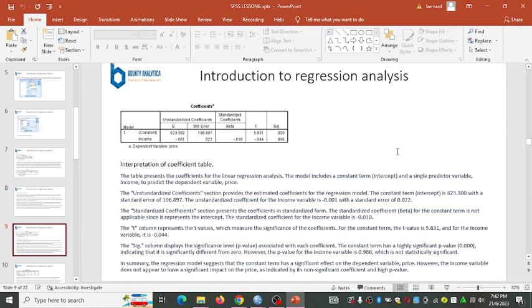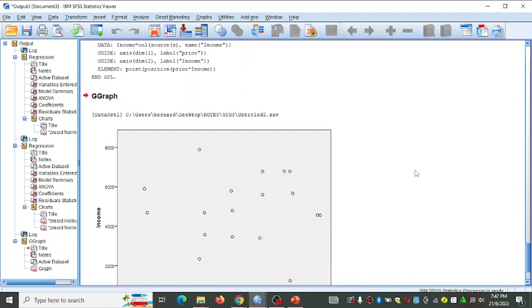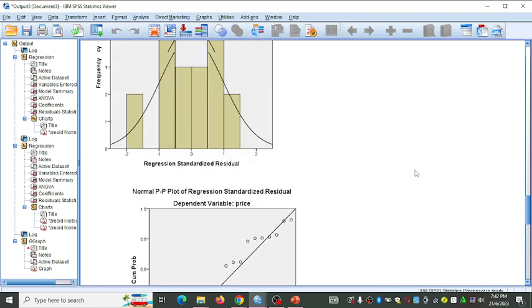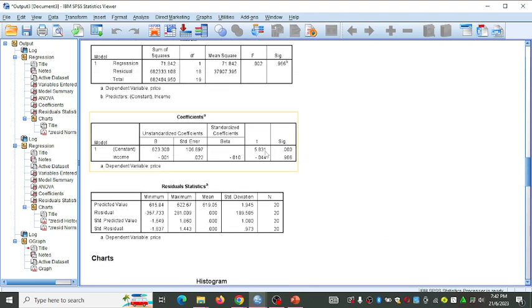Okay, let's continue. Let's continue now. We have the coefficient table. Where is the coefficient table? Is this one here? This one here. I want to ask a question before we continue. On this coefficient table,